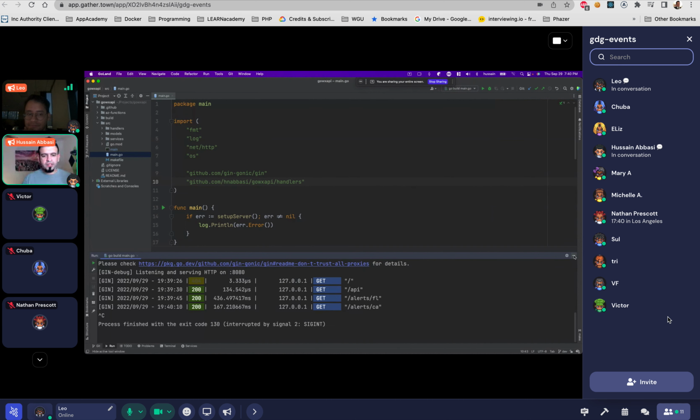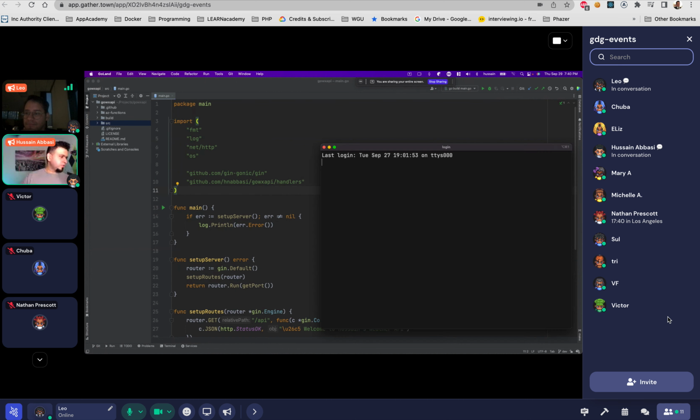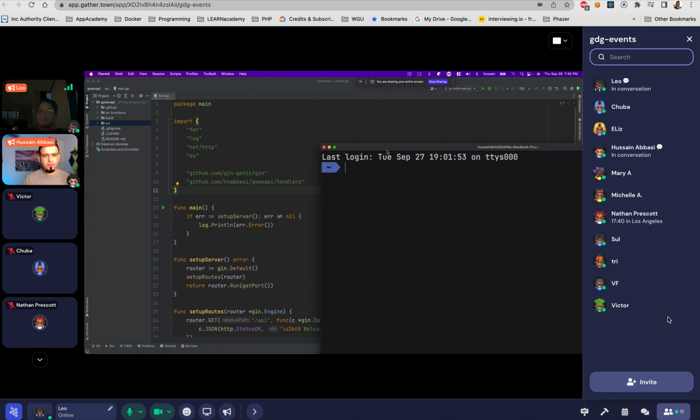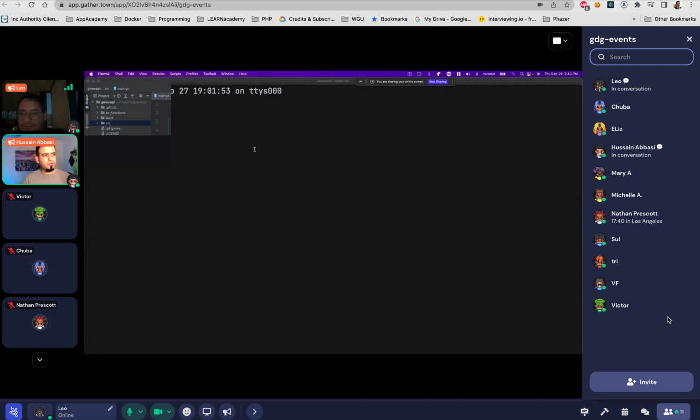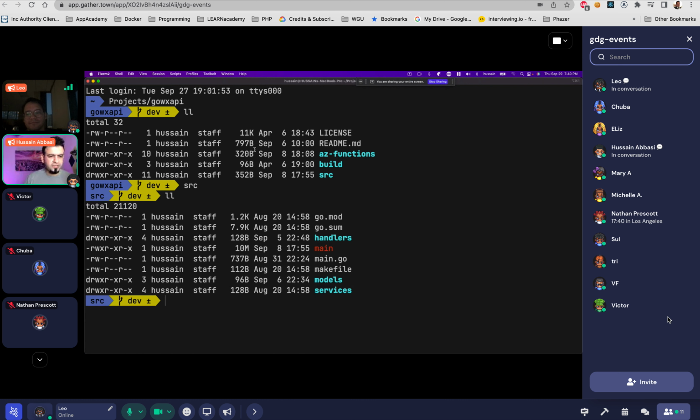So what is going on here? So this is my code structure. Let me show you that. All right. I hope you can see this well. So you see I have a source directory, I have a build directory, and then I currently have just one deployment, which is Azure Functions. So you have a separate directory. But if we go to source, you see that I have this thing in red called main.